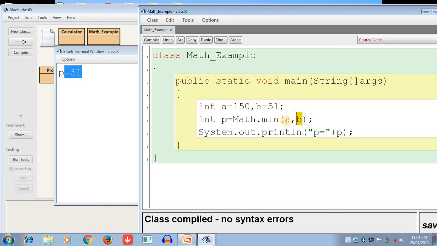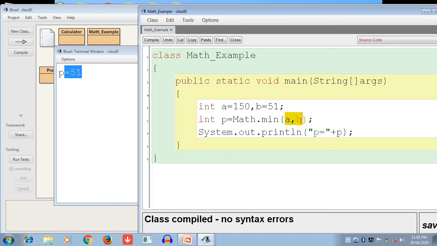Overload means that more than one data type can be used. As I already told you, maximum and minimum are the same kind of function. You can also use data types like int, long, float and double. So the syntax of the minimum and maximum functions is actually similar.